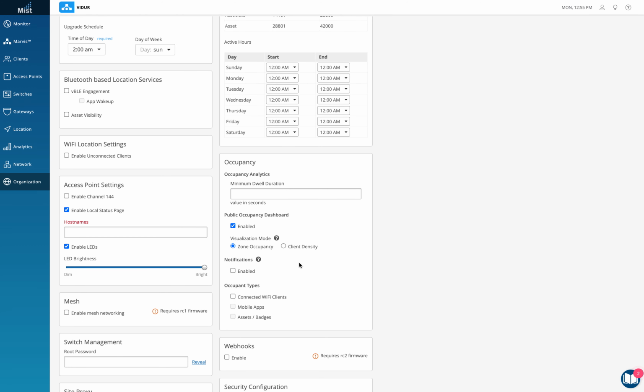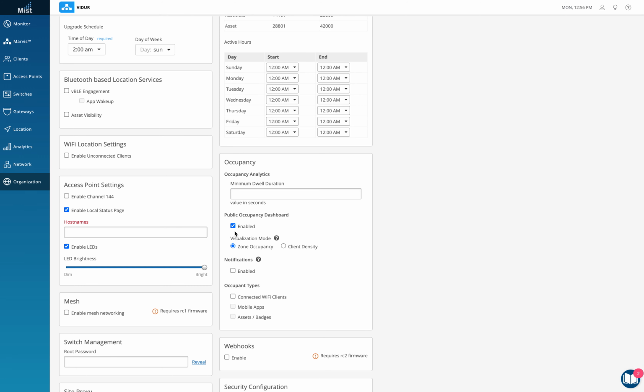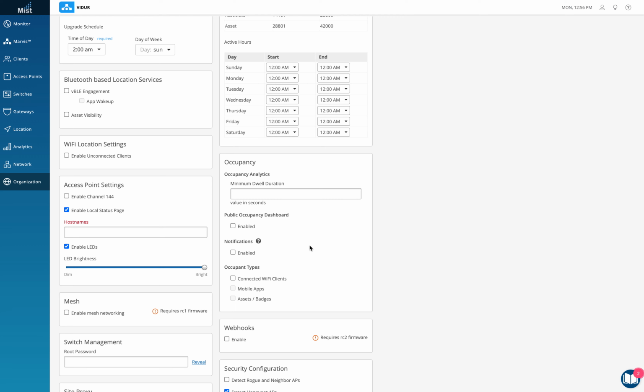Moreover, if you want to have a notification sent to the users, you can do that, of course. What it means is if somebody spends more time than 5 minutes in a particular area, I can add an email address here and I can send a notification to the admin saying, you know what, this guy is not supposed to be here for this long. Or if there's a bunch of people spending too much time in a particular area, you can also reach out to somebody else and drop an email. That is something which you can do. However, for this particular site, I don't need any, so I'm going to just uncheck that.